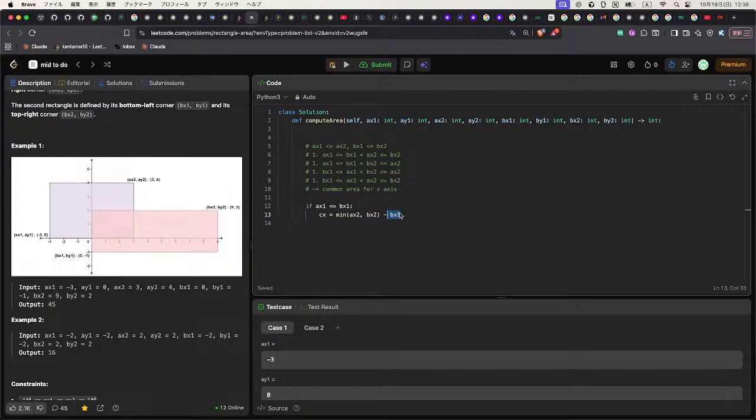This is the base x point, and which one, either is fine, and we take the minimum one. Okay, and otherwise bx1 is less than ax1, so the cx is